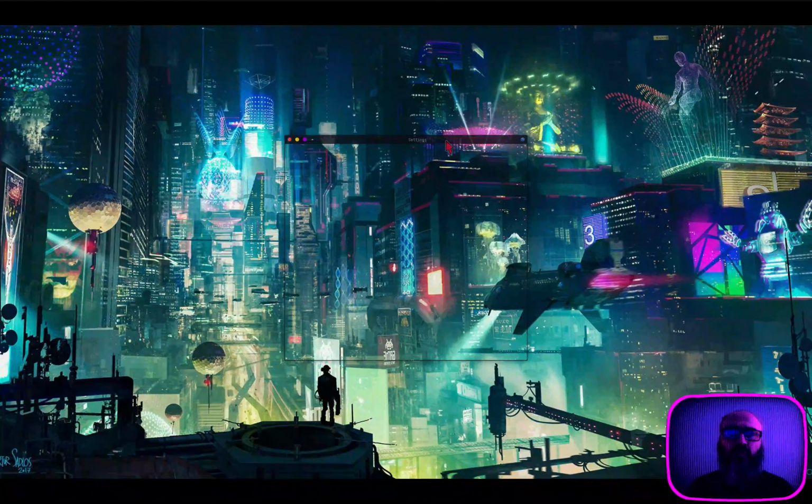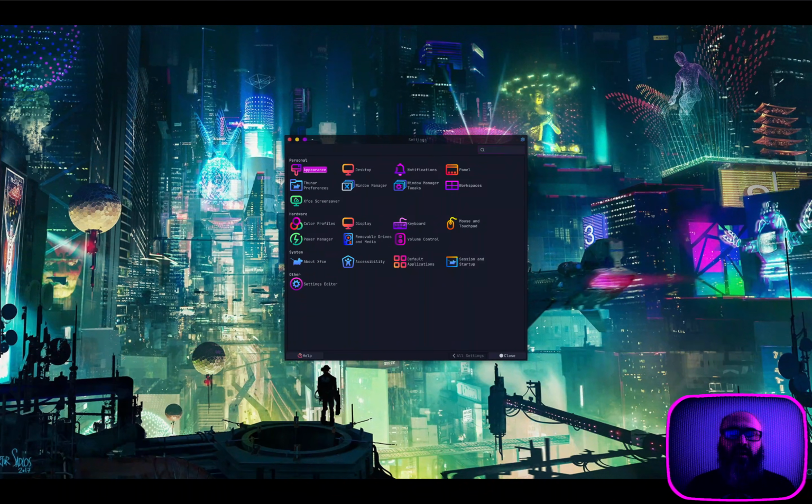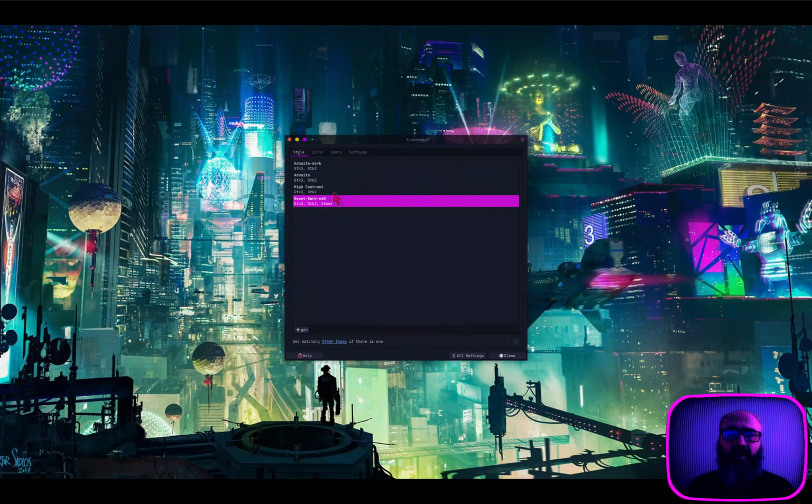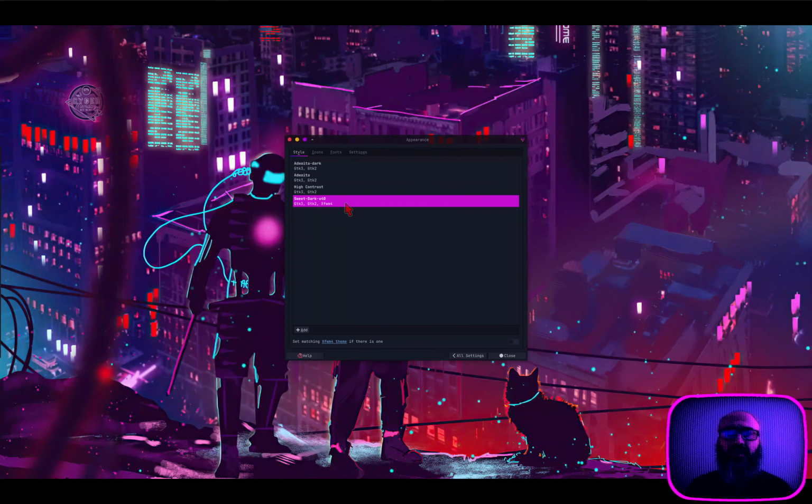Settings, and here we are. Appearance wise, the theme is the same. If I remember correctly, this was the last time we met with Void Linux, this was the theme as well. However, in case that you are not able to see it clearly, it's Sweet Dark V40, and